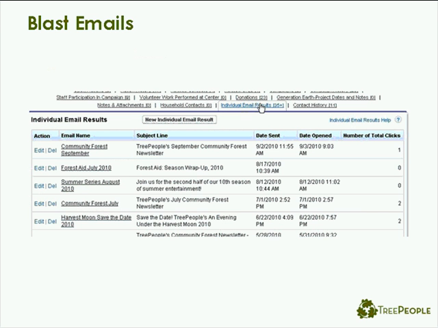Like I mentioned, blast emails are a big thing for us, and the system we're using, we can see when it was sent. We can see if they opened it. So shame on me, I didn't open Forest Day July 2010, but I'd already read it. We can see if they clicked on things and how many things they clicked on. So it really gives you an idea of how engaged these folks are with us, and what newsletters we can even run on the back end.